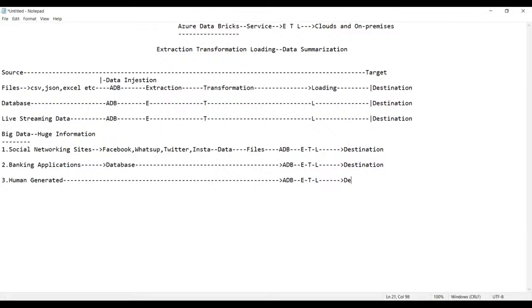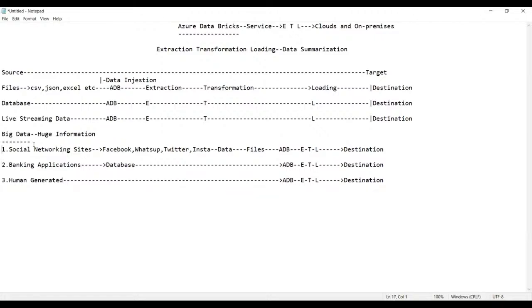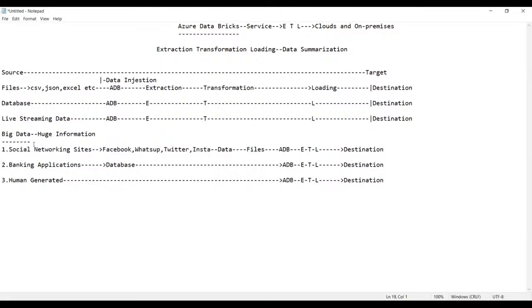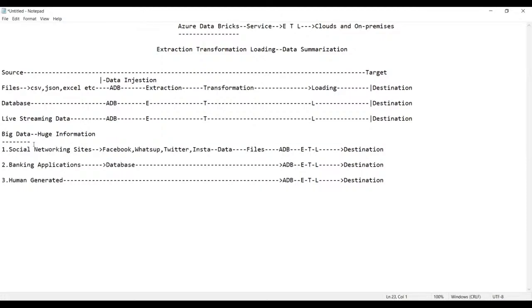So we can get data from social networking sites, banking applications, and human generated data. These are the various things you have.